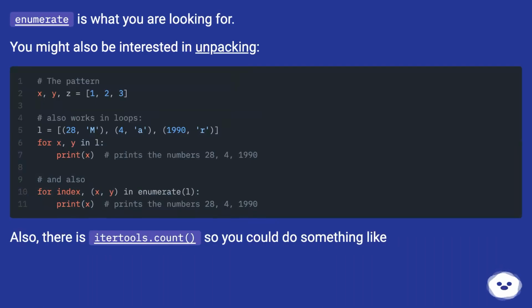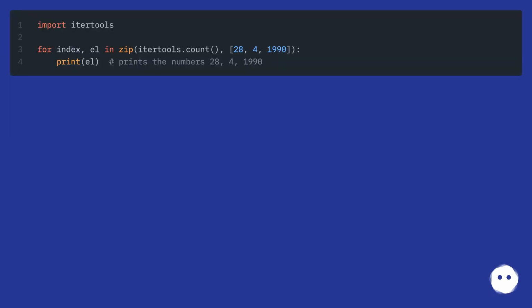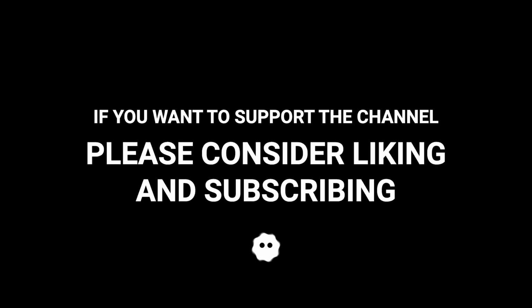Enumerate is what you are looking for. You might also be interested in unpacking. Also, there is itertools.count, so you could do something like this, if you want to support